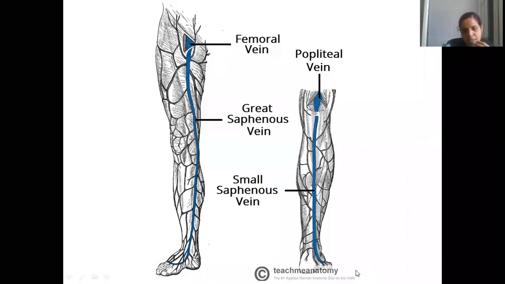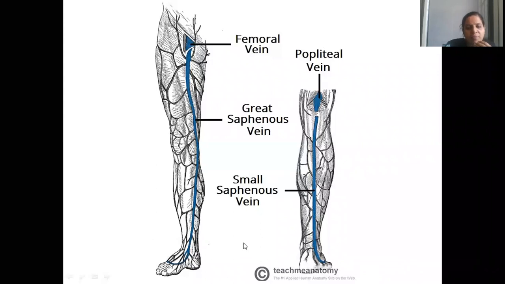Now if you observe the other picture, what is the name of this arch you said? Dorsal venous arch. On the other side, this is the little toe, right? So which aspect of the leg is this, lateral or medial? Lateral. From the lateral side, if you see the continuation of the dorsal venous arch, you are finding one more vein. What is the name of this vein? Small saphenous. So the small saphenous vein, most of the time, drains into the popliteal vein.